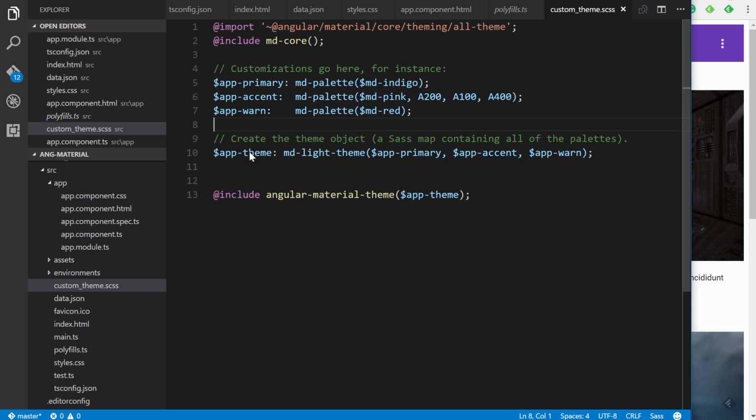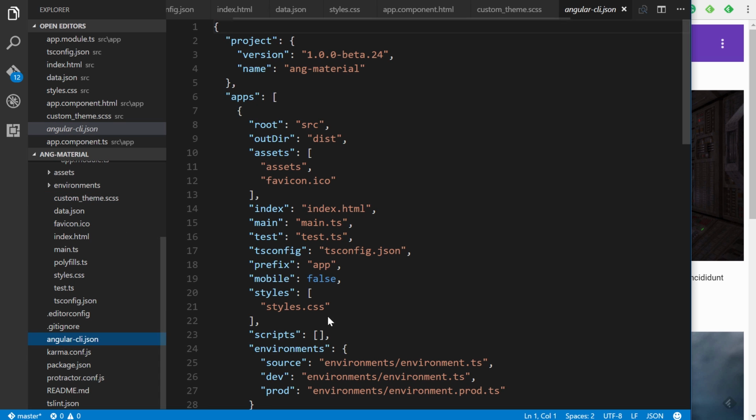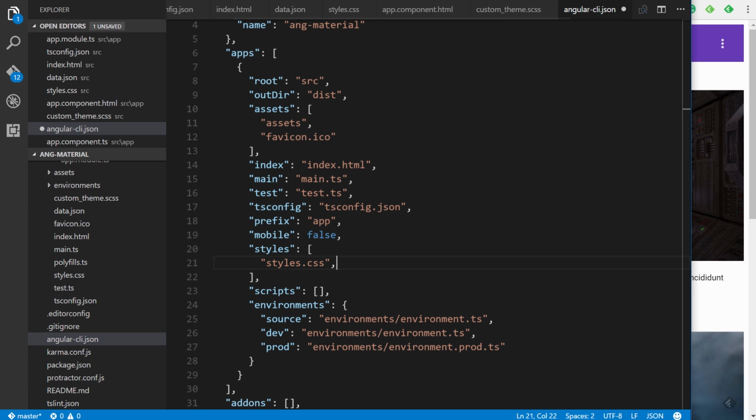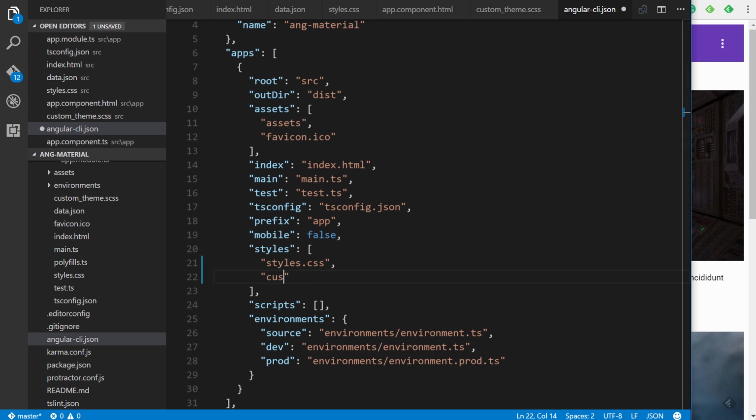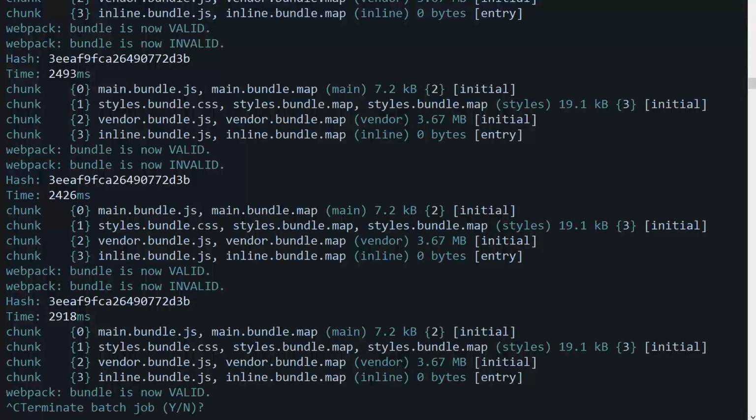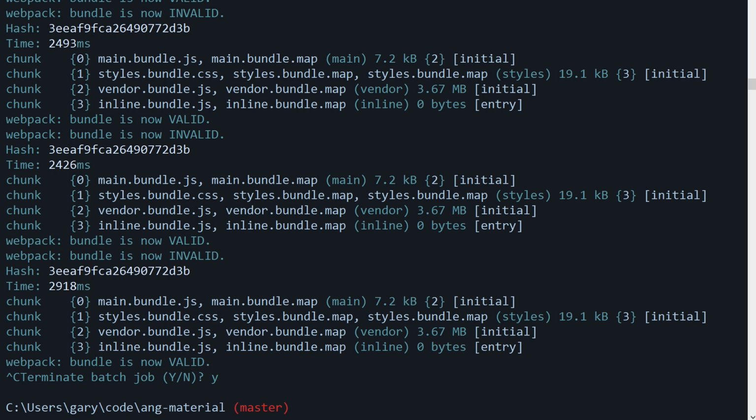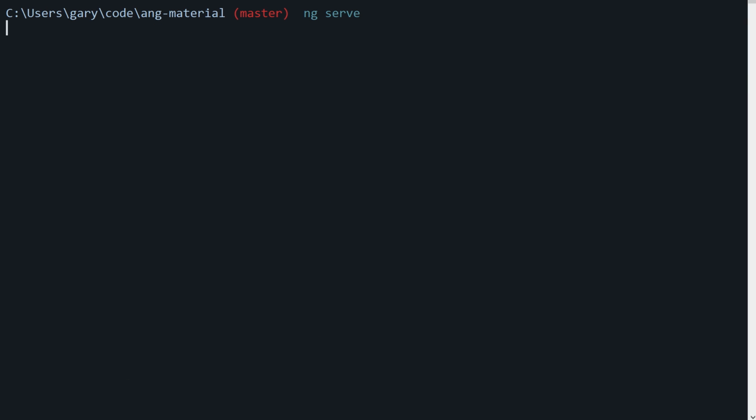And after that, you pass along your customizations here to MD Light theme. And then finally, you include this app theme variable right here. So if we want this to work, we have one more step and we have to go head on over to the Angular CLI JSON file and we add this under styles. So we put a comma here and then custom theme.scss. Then we save this, go back to the command line, I'm gonna hit Control C and hit Y to terminate, and then run ng serve again. Now we'll reload it,